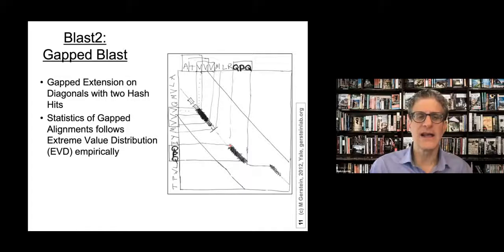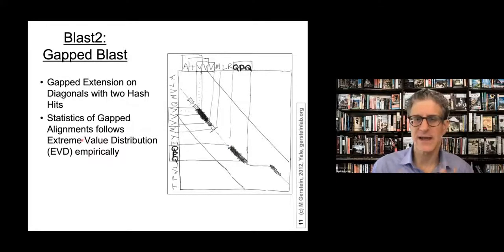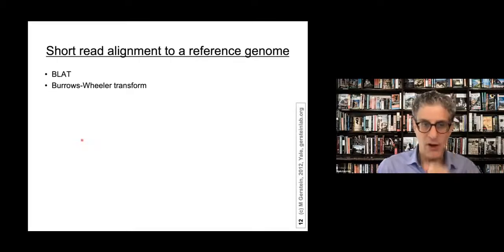And I think the key reason they didn't go all the way to the FASTA approach is they could all the time have very nice statistics, like I said, based on this extreme value distribution statistics for the matches, and also for these sort of extended matches too, which it turned out actually the most useful thing about BLAST were the statistics. Okay, so now